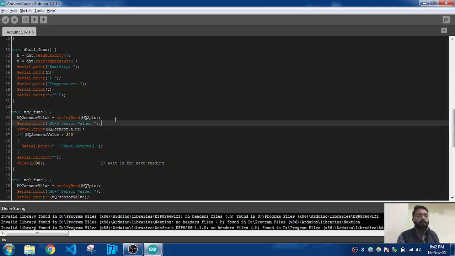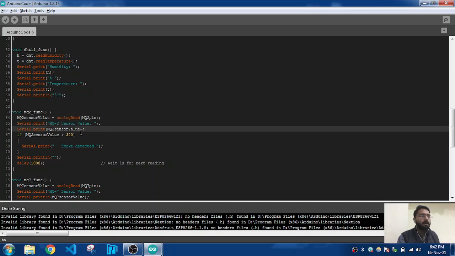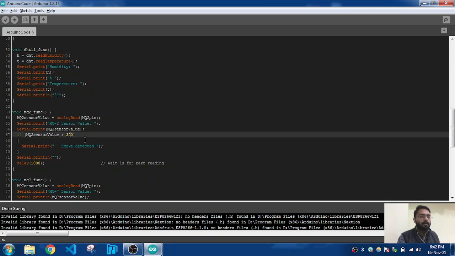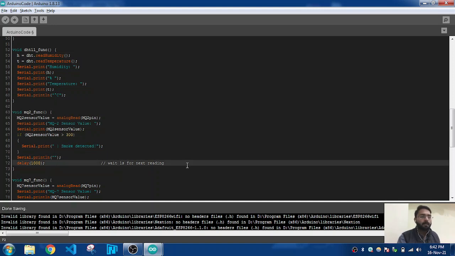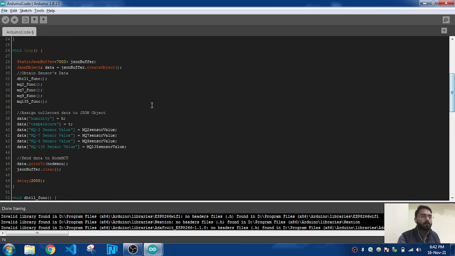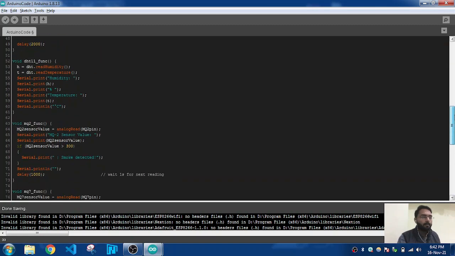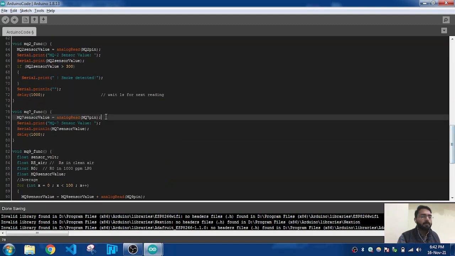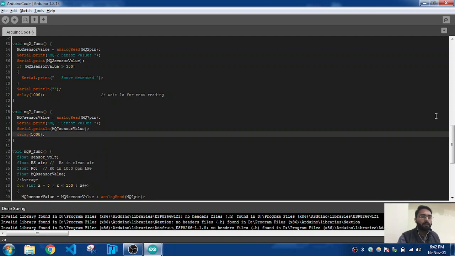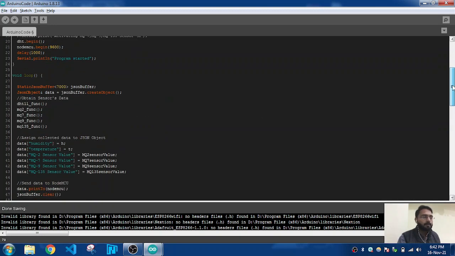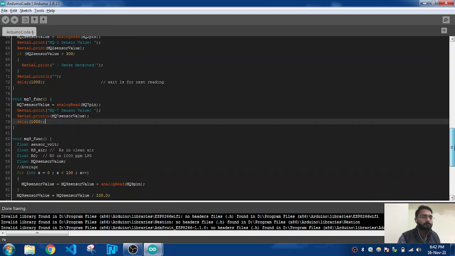Serial.print will print on the serial monitor the value, and if the value is greater than 300, then smoke detected, and delay for 1 second, and it jumps back again to the MQ7 function. Same goes for the MQ7 function, in which the analog pin is already set, and it will print on the serial monitor the value, and delay for 1 minute. Same goes for the MQ9 function and MQ135 function.